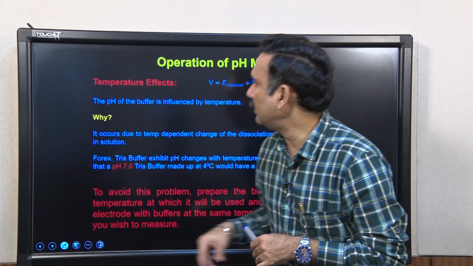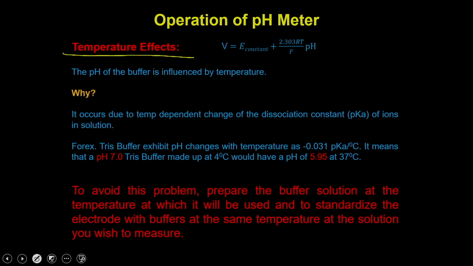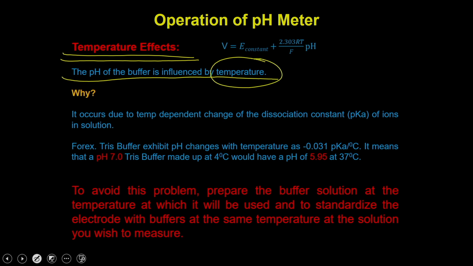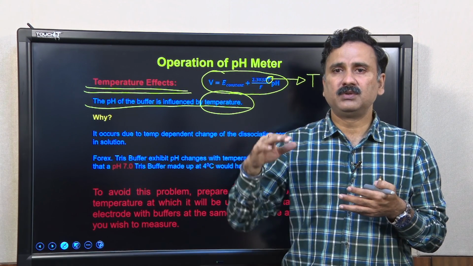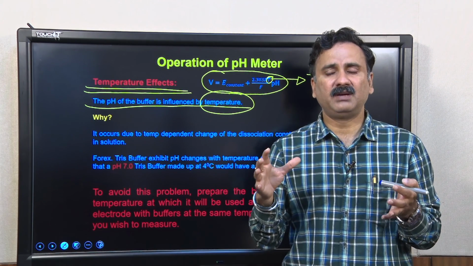Apart from that, you also have the temperature effects, which means the temperature is going to change the buffer. So, why is the pH of the buffer influenced by the temperature? Because of the equation that you have already discussed, that E = E constant + 2.3 RT/F. One parameter you see there is the temperature. So, if you change the temperature, it is going to change two things. One, it is going to change the dissociation of the solution, the dissociation constant of that particular